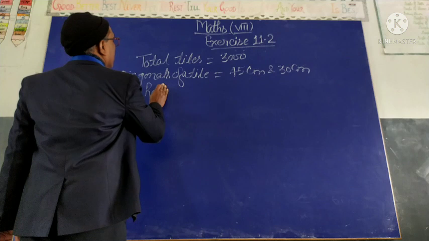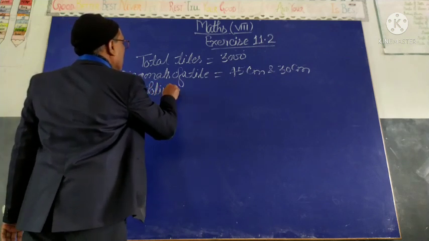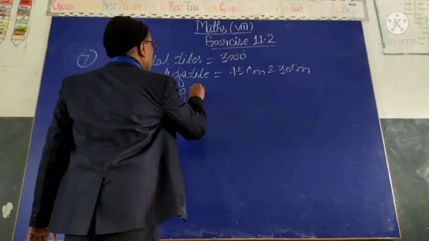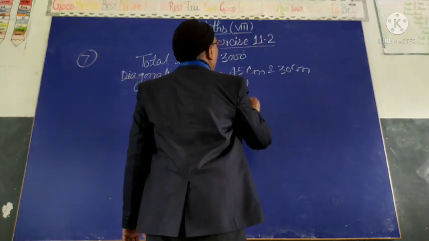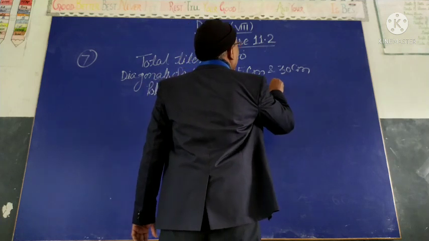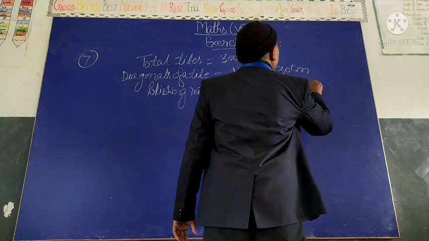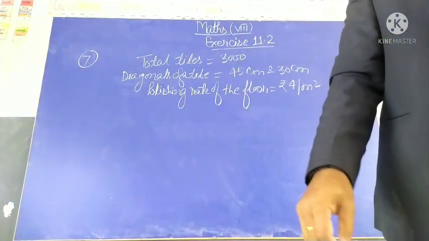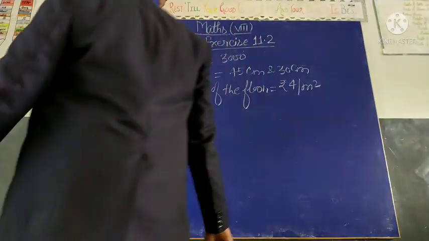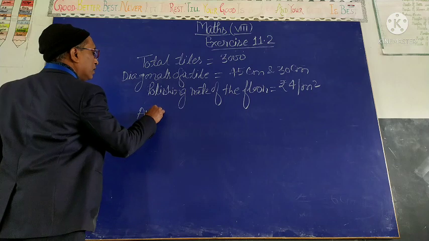Polishing rate of the floor is equal to rupees 4 per meter square. It is given. First of all, you find out area